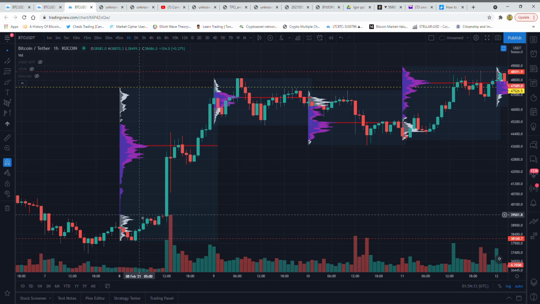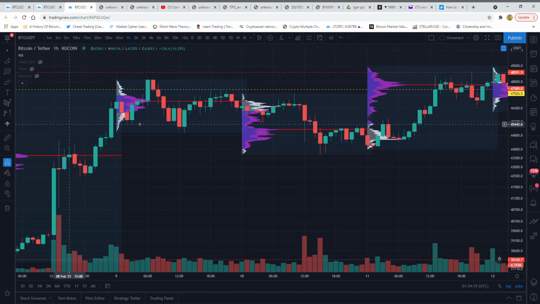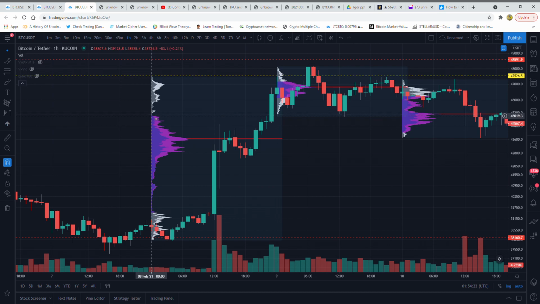The value area low is 39,500. As you can see, this is where the colors change, yeah? And this is the value area high. What I will do in this position, when 12 o'clock or midnight starts, and I'm in front of the computer,